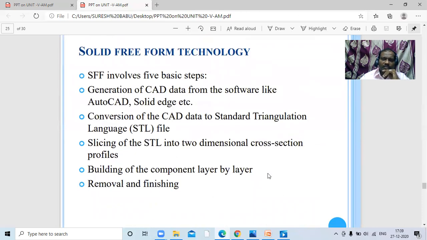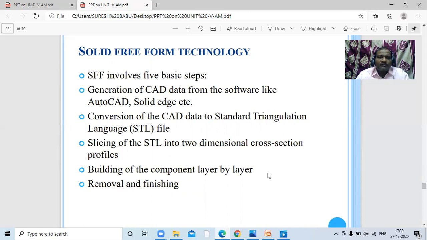Next, what are the features of this one? If you observe, solid freeform technology, SFF, involves five steps. One is generation of CAD data from software like AutoCAD, SolidWorks, etc. We can go for CAD, Pro E and so on.